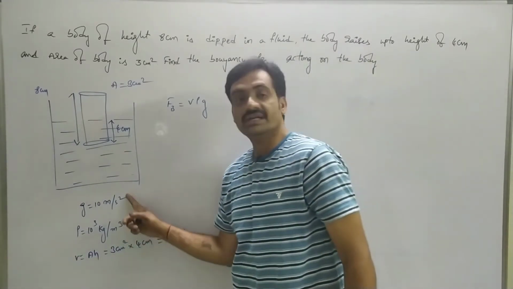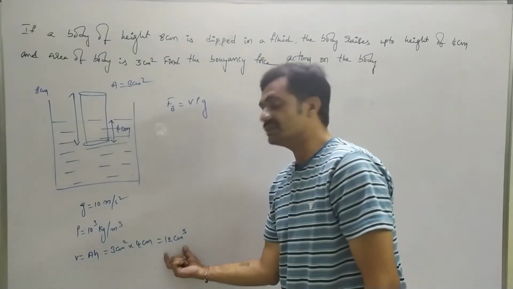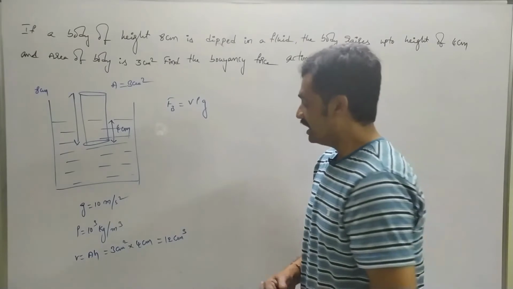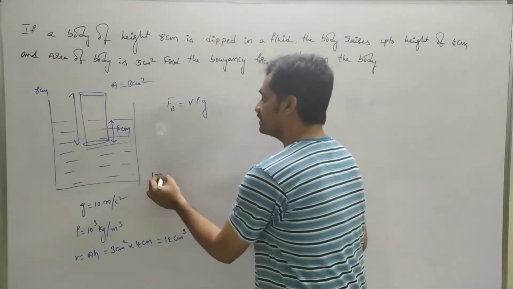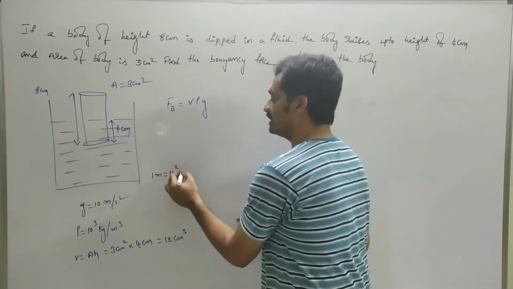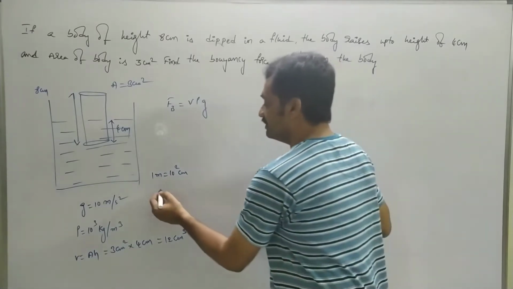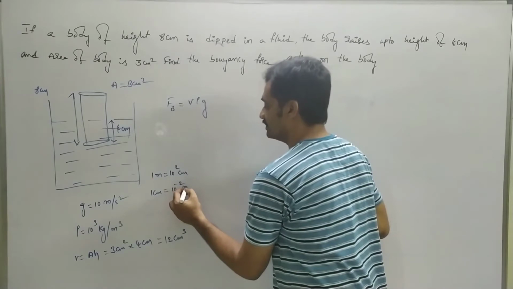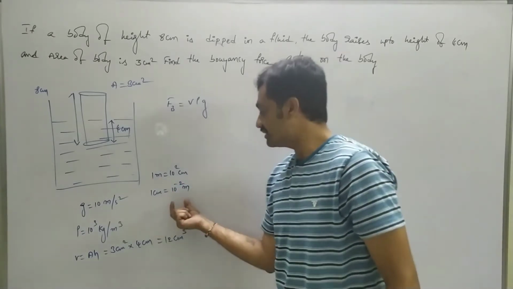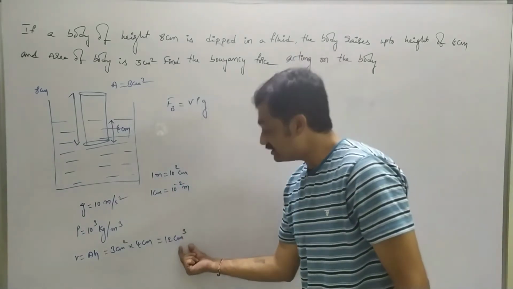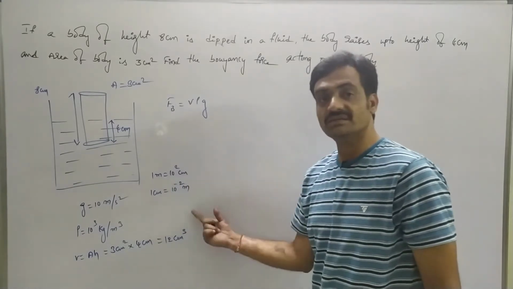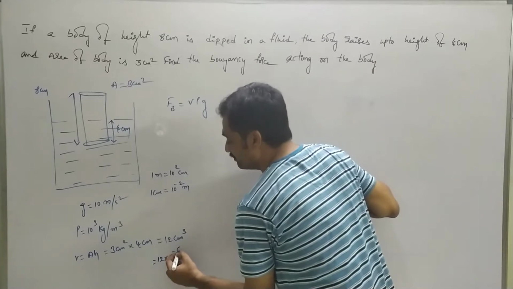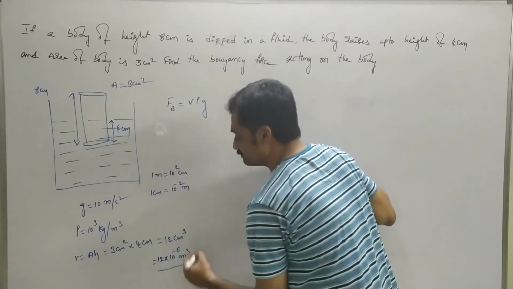Since the remaining quantities are in SI system, we are going to convert this centimeter cube into SI system in terms of meter cube. Here we know that 1 meter is equal to 100 centimeters, nothing but 10 to the power of 2 centimeters. Based on this data, we can represent 1 centimeter equals to 10 to the power of minus 2 meter. So in the place of centimeter, we are going to substitute 10 to the power of minus 2. 10 to the power of minus 2 whole cube is nothing but 10 to the power of minus 6. So it can be represented as 12 into 10 to the power of minus 6 meter cube.